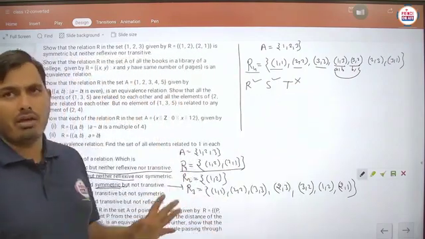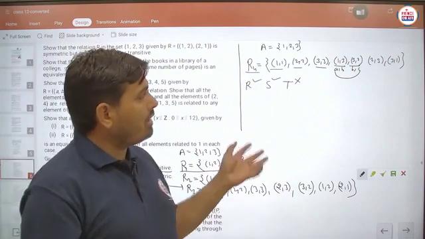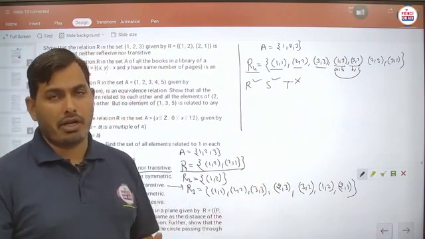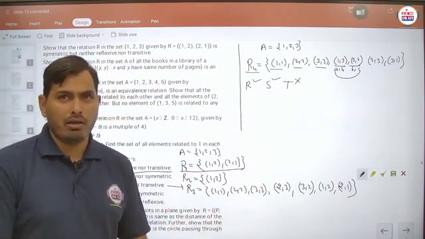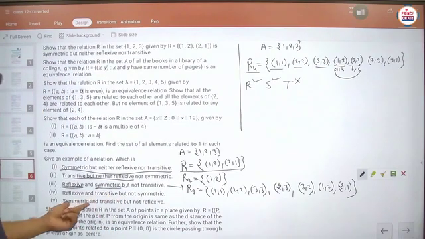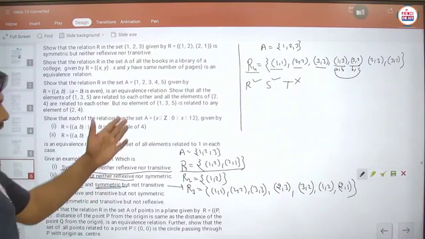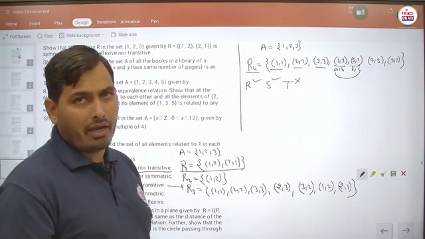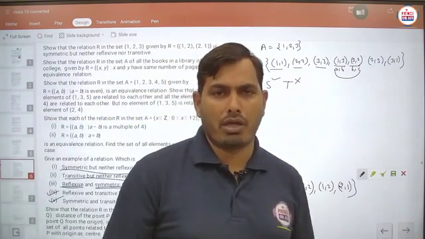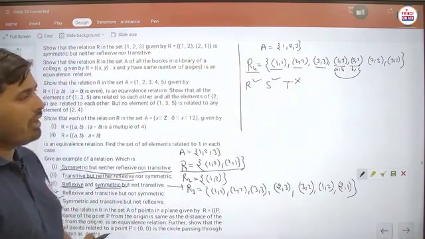So you can take many more examples, student, but we have to think about that process: what type of requirements there are, and according to that we make the particular relation. Is it clear? Similarly, for the remaining two parts, student, you can just solve the fourth part and fifth part. You have to make the relation defined on any set, and according to the given requirement take the particular ordered pairs, and write the relation in the simplest form.